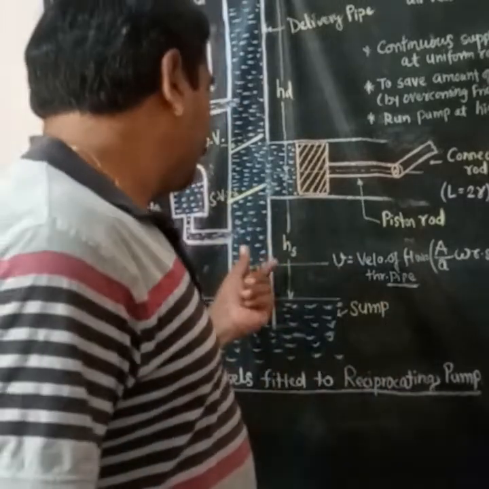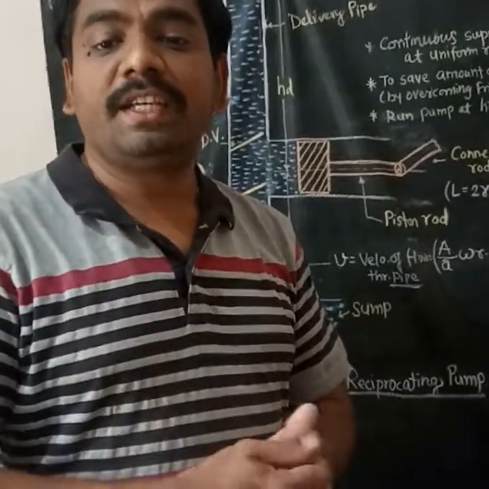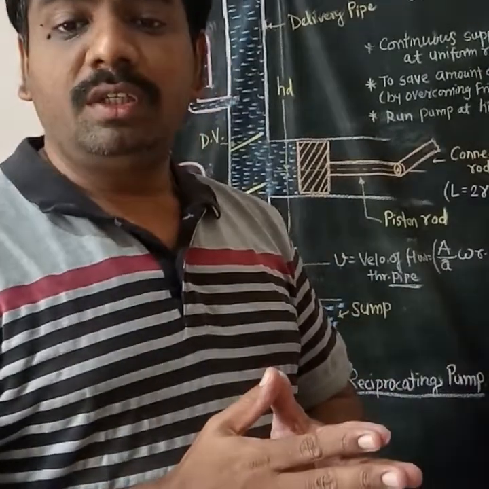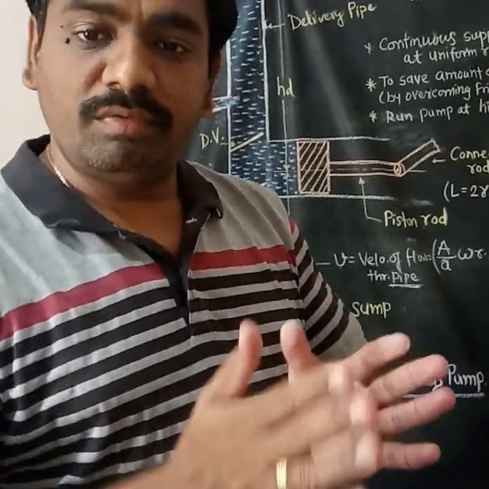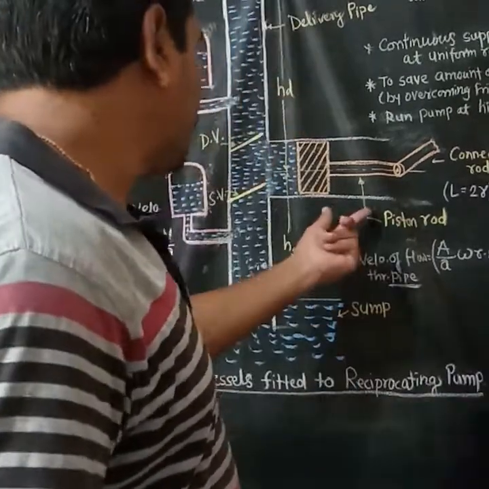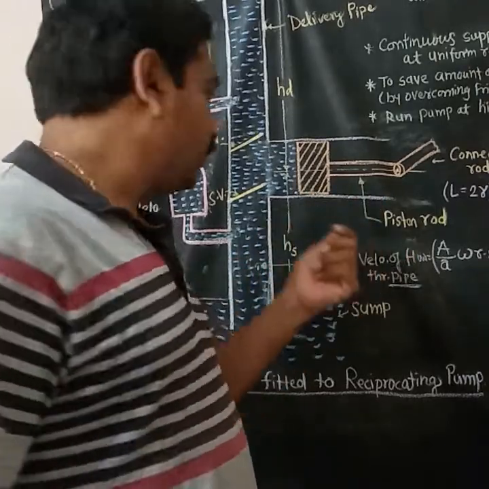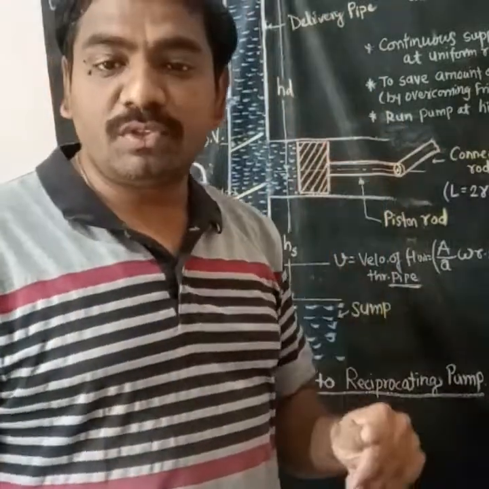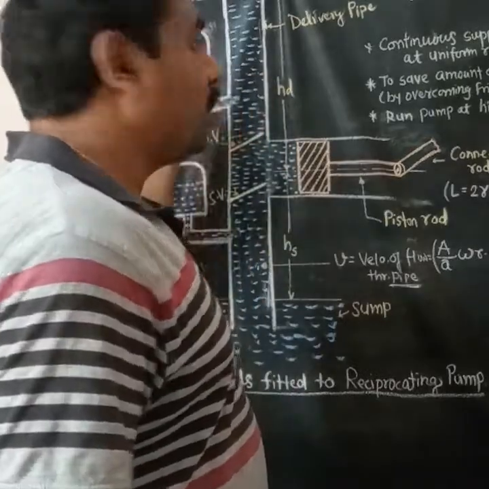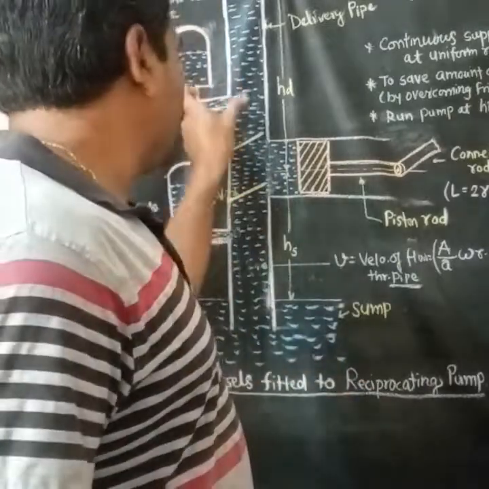Now just think about what will happen in case of the delivery stroke. Again, during the first half of the delivery stroke, from 0 to 90 degrees, the piston is going to be accelerated, and because of that acceleration it applies force on the fluid, and the fluid will have a higher velocity than its mean velocity. That's why, when the excess amount of water is there, it is going to enter the air vessel which is placed at the delivery pipe side.